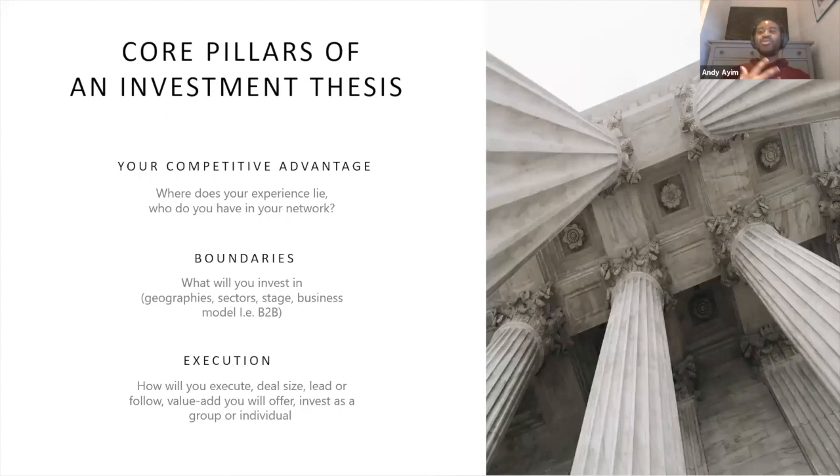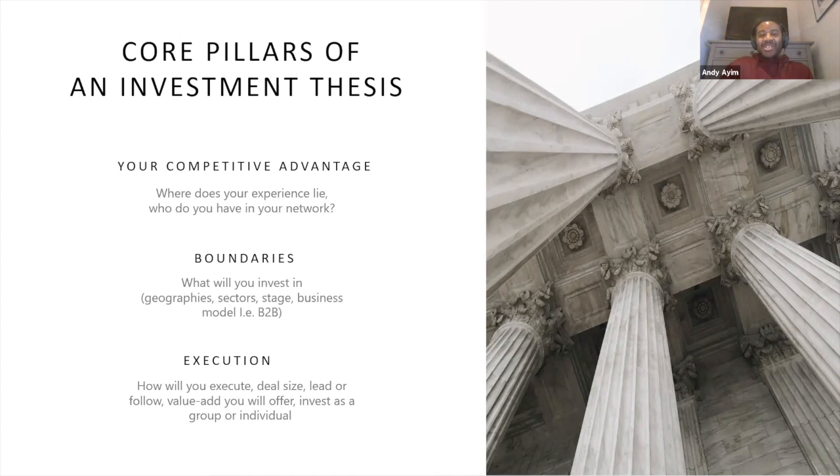What trends do you believe will play out in the next 10 years? Because ultimately, you're hoping that the founders you back are going to be playing in those markets. The next thing to really consider is the investment amount. How much do you really want to invest? Is it between, what's the currency, real, 10,000 to 25,000, or is it 50,000 to 100,000?